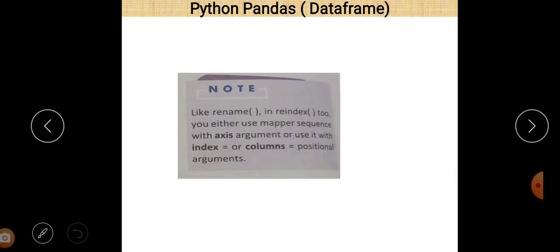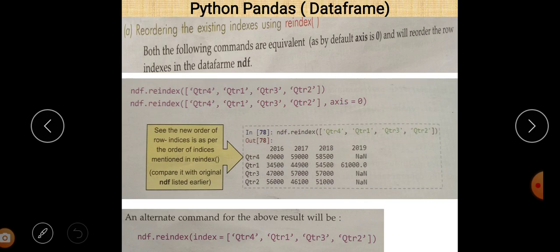Next, like rename, in reindex you either use a mapper sequence with the axis argument, or use it with the index or columns positional argument. So you can use index, or you can also use the columns positional argument. If you want to make the changes column wise, then you can use columns in place of index here.